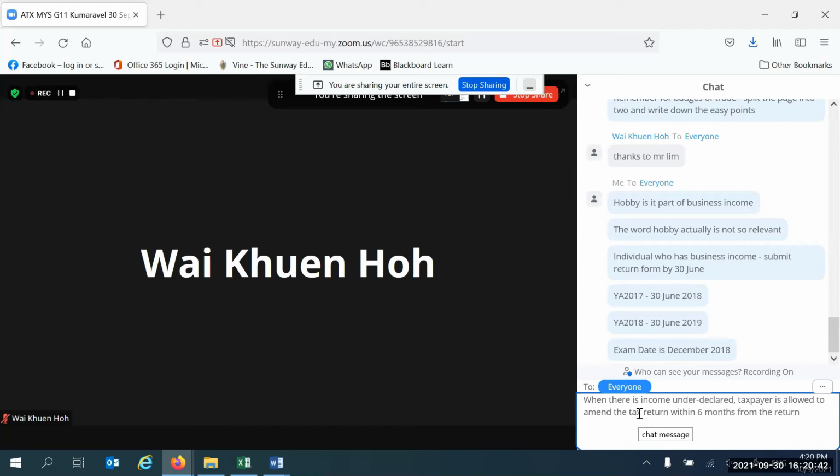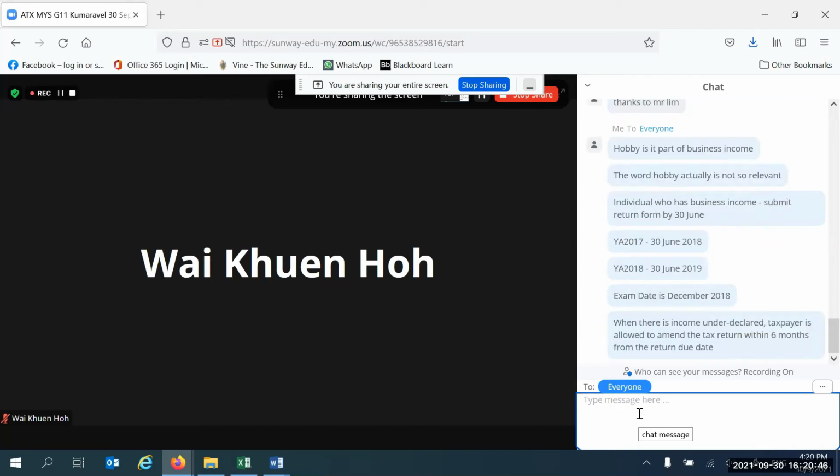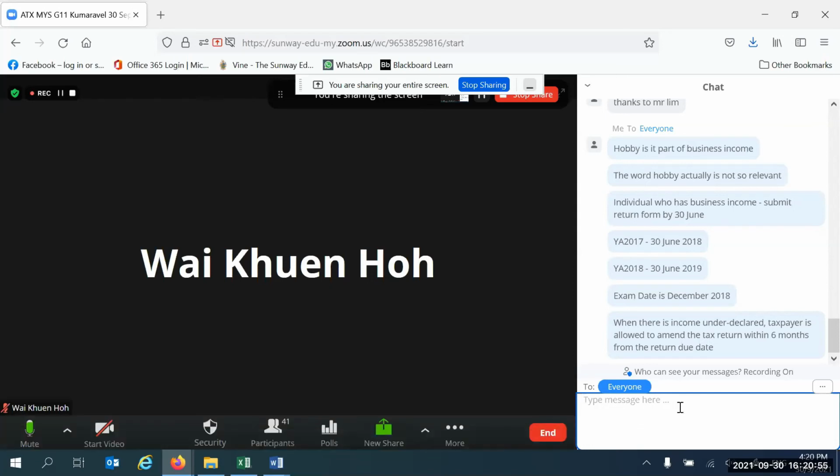So the return due date is 30th June. When there is income under declared, the taxpayer is allowed to amend the tax return within 6 months from the return due date. So in the second sentence, you write, this is still within time. She told us only 2 or 3 people wrote like that, or very few people wrote,